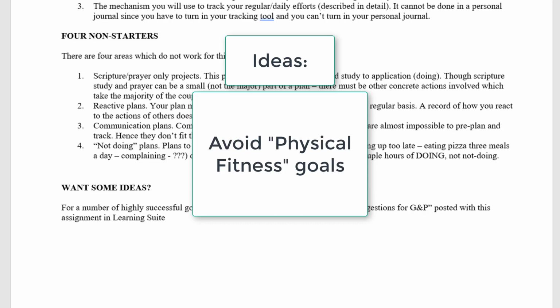And unfortunately, physical fitness goals are honestly not the best. Everyone wants to be more fit, but don't just default here. Please only do this if it was one of your most important essentials and it's something you truly and prayerfully feel you need to work on in relation to marriage, not just personal health or fitness goals.